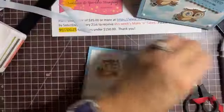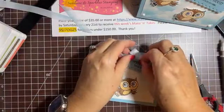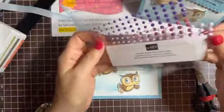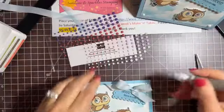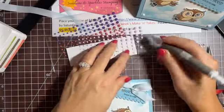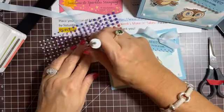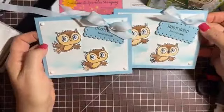All right, we'll use a glue dot. Oops, I glue dotted my finger. Put that right about there. Okay, and then for embellishing, I've got, these are new too. These are opaque adhesive back gems. And you can see there's 4 different colors. We're going to use the white. And I've got some of these big ones that I'm just going to put one in each corner. Come on. All right. That one you kind of can't see, but it's there. All right. So nice and easy. There's our second card